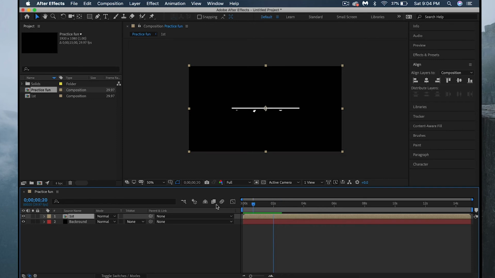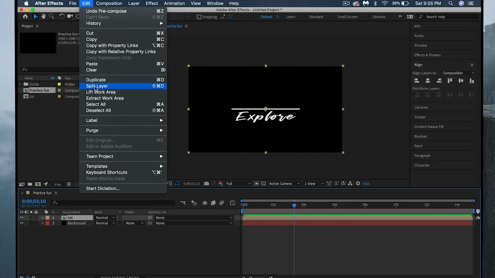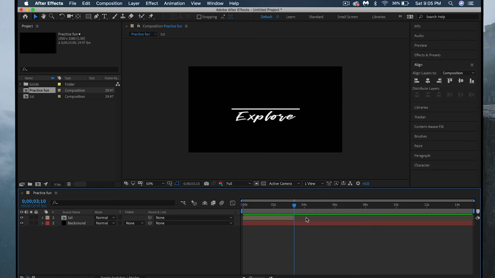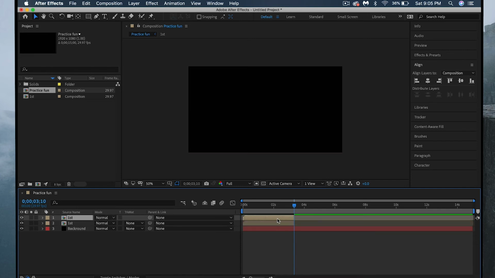I think right about there is perfect. Go to edit and then split layer. Now as you can see, the back half of the layer is highlighted, which is good for you. Just hit delete, take it away, make it go bye-bye. Now highlight first, and again, Command C, Command V, it's going to copy and paste the same layer. Drag it out,